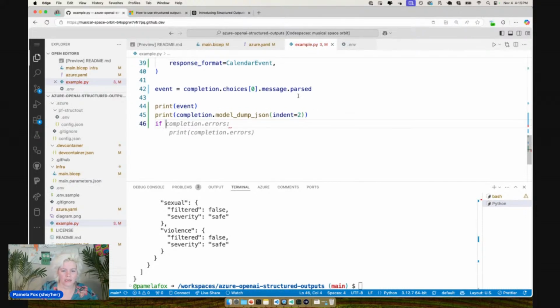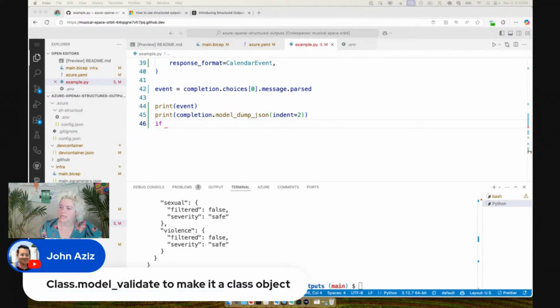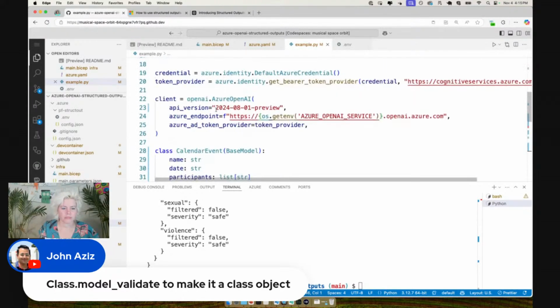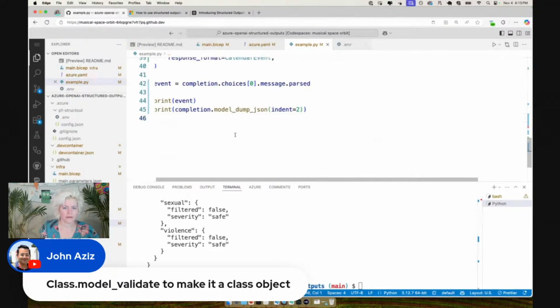So let's see. Oh, all right. It looks like John has messed with this. Model validate to make it a class object. Okay. All right. So let's see. Model validate. Class.model_validate. So that's this one. All right. So event